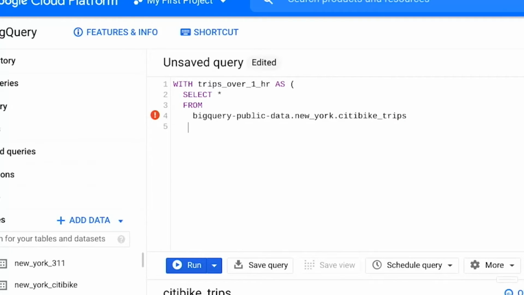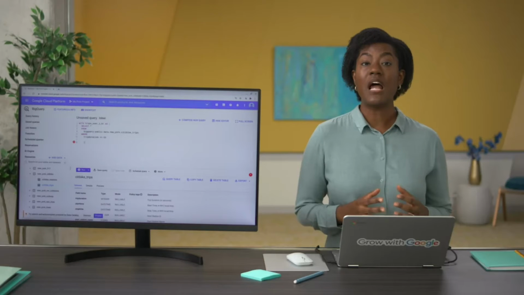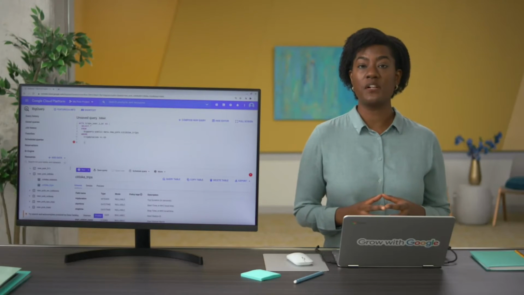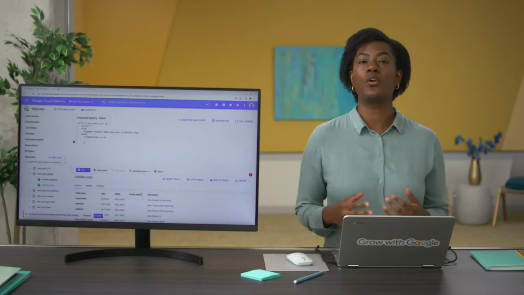Next, we'll add a WHERE clause with the condition that the length of the bike trips we need in our temp table are greater than or equal to 60 minutes. In the query, it goes like this: tripduration space greater than sign equal sign space 60. Finally, we'll add a close parenthesis on a new line to end our subquery. And that sets up our temporary table. Now we can run queries that will only return results for trips that lasted 60 minutes or longer.